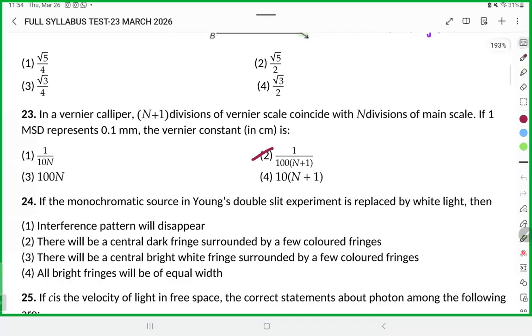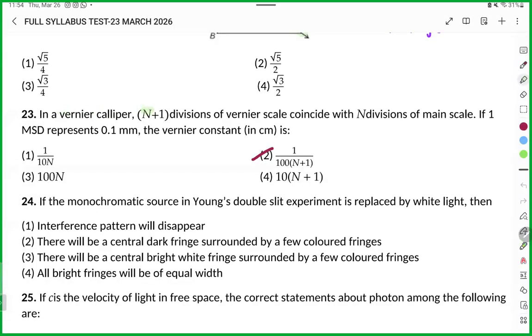Look at this, what it is saying। In a vernier caliper, n plus 1 division of vernier scale coincide with n division of the main scale। तो ये दो नंबर एग्जैक्टली मैच।